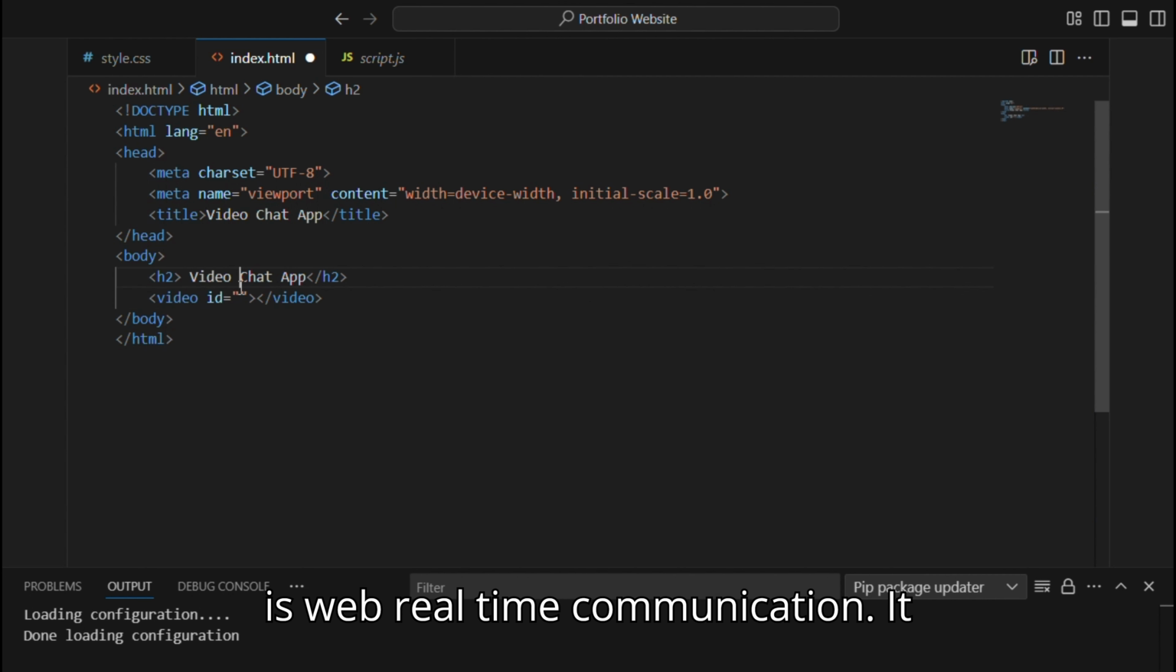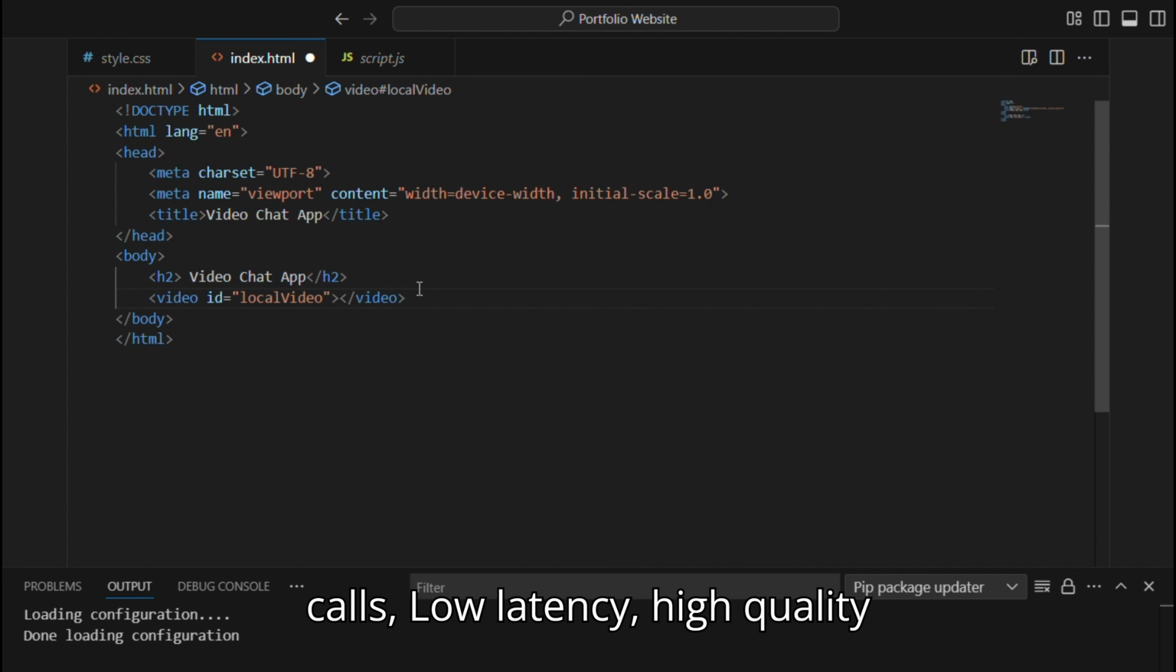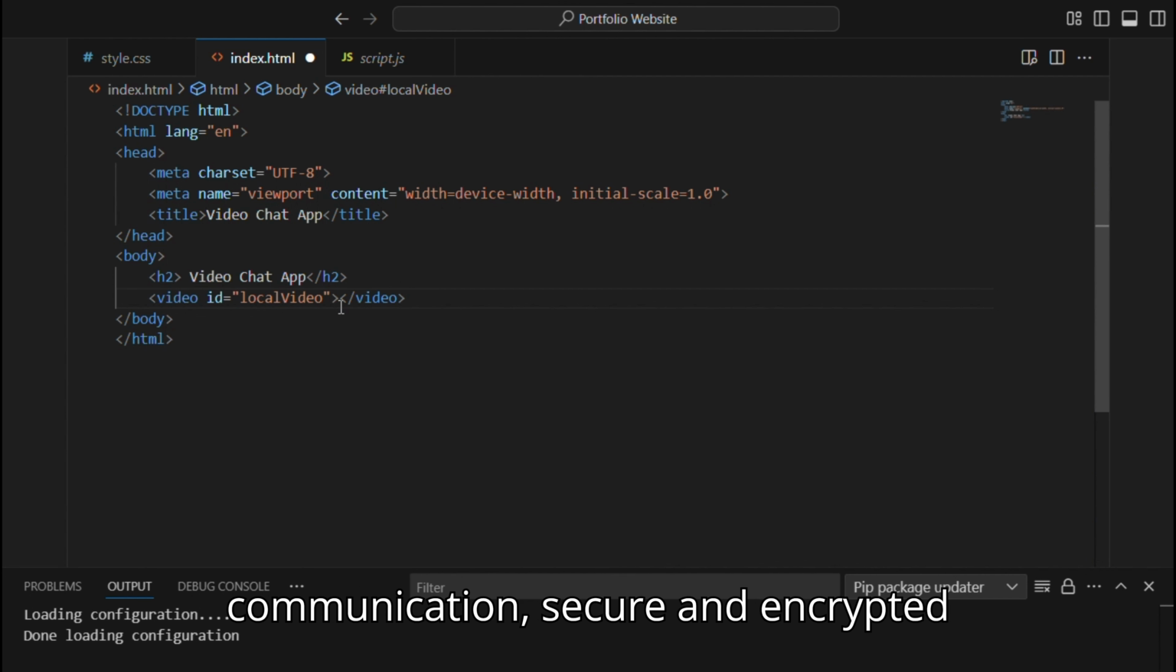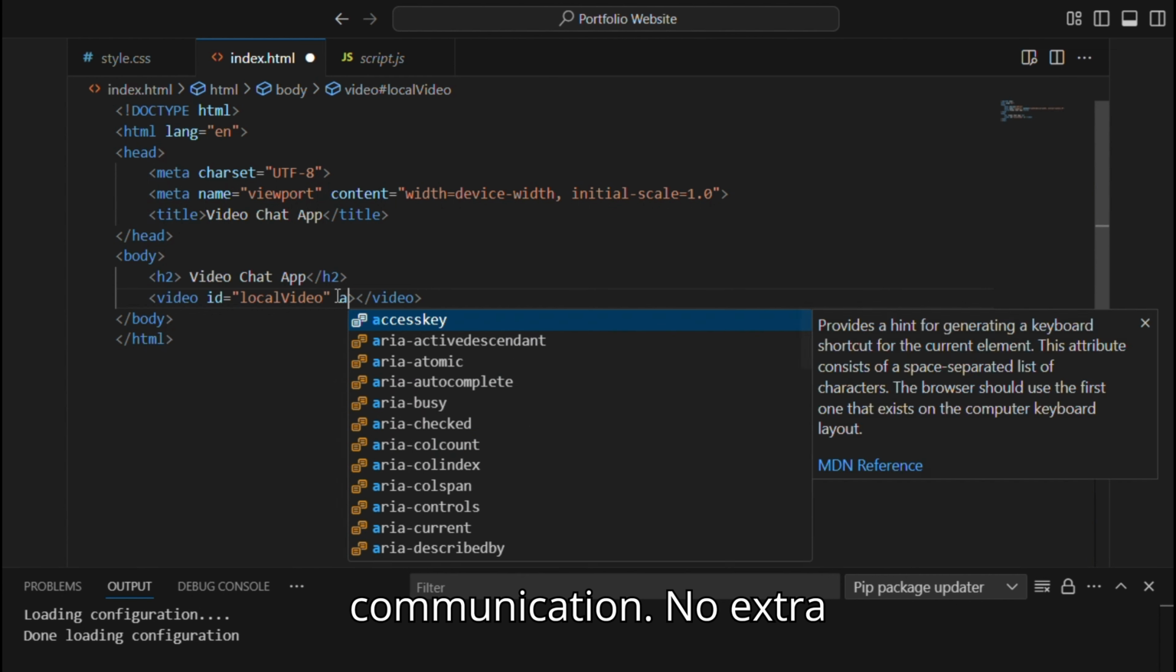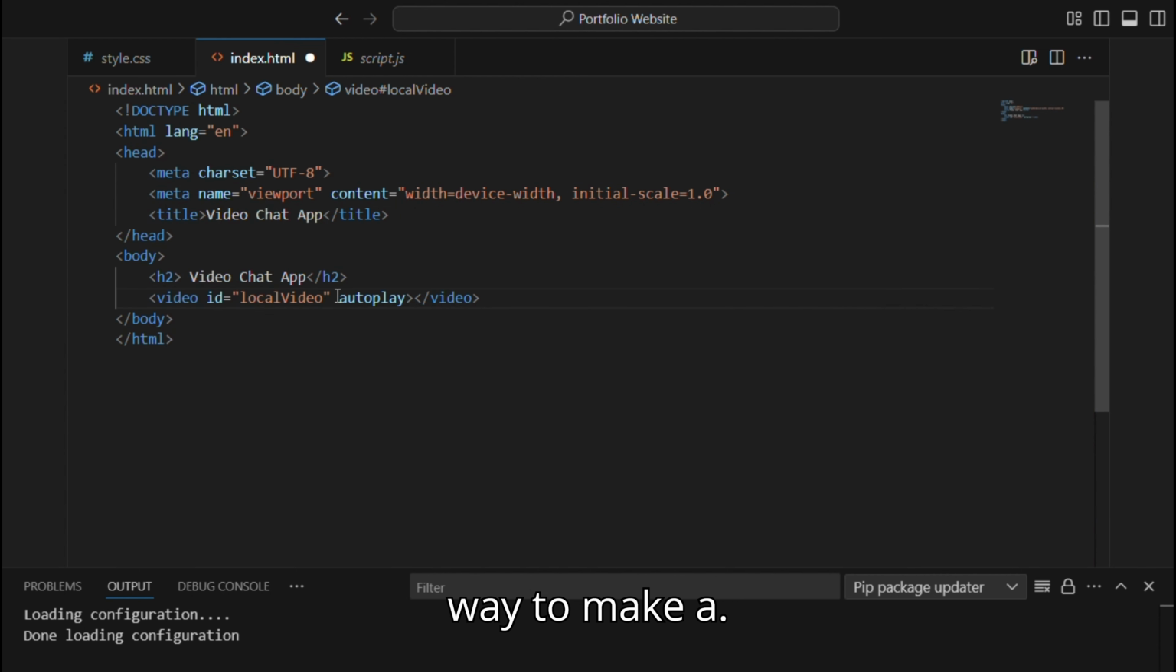Its full form is Web Real-Time Communication. It allows peer-to-peer video and audio calls, low latency, high quality communication, and secure and encrypted communication. No extra software is needed, so this is the best way to make a